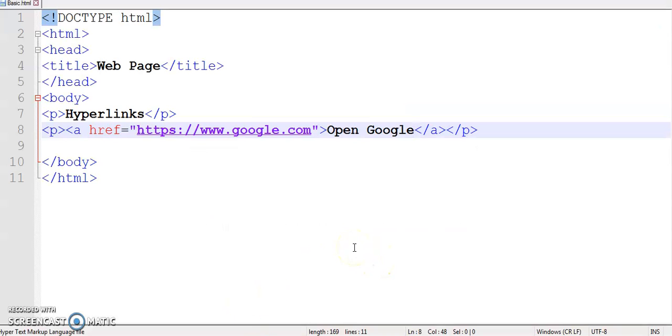Now, the URL you provide can be of two types. Like this, whenever you give the full address of the web page, it is called an absolute URL. Now, if you want to link to a web page which is located in the same folder as the current page, what can you do then?